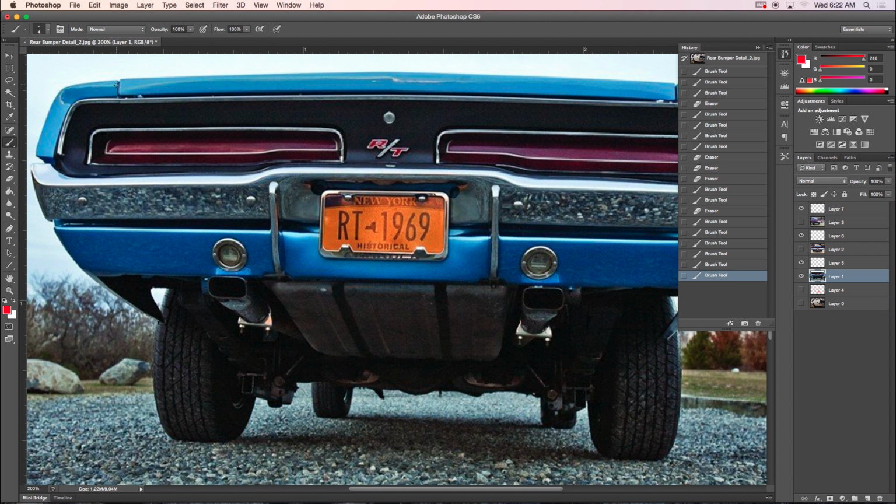You could see that there is a space between the rear fender and the bumper itself. So we'll worry about that later. Now there's a space between the chrome bumper and that rear quarter panel,